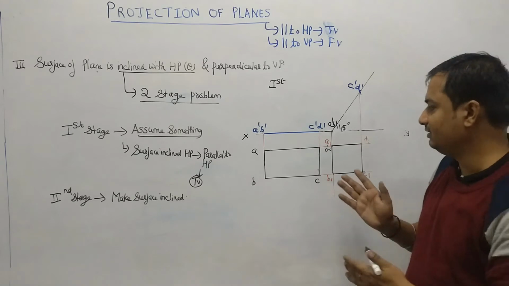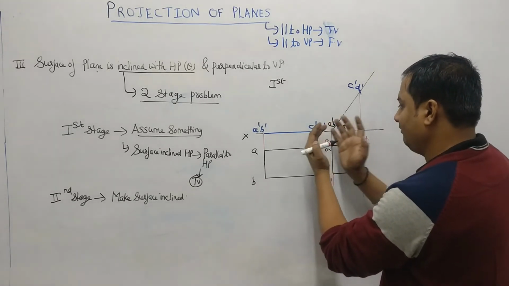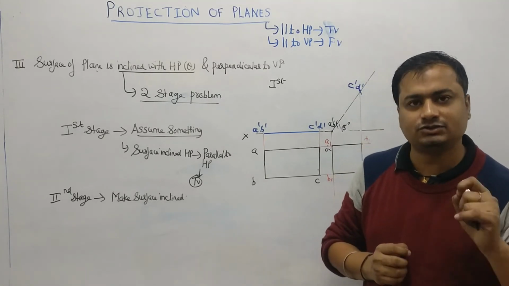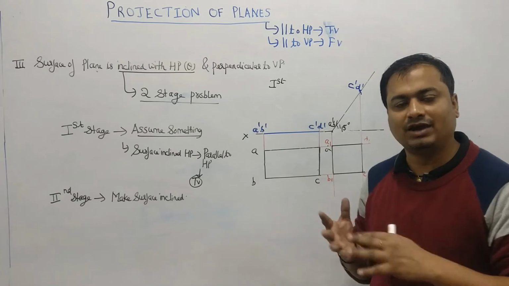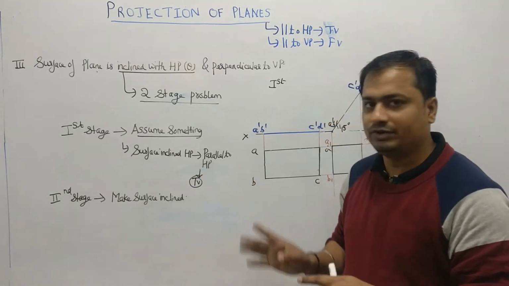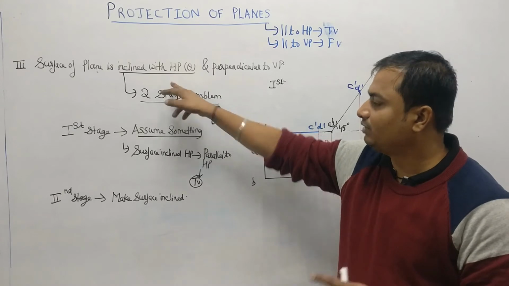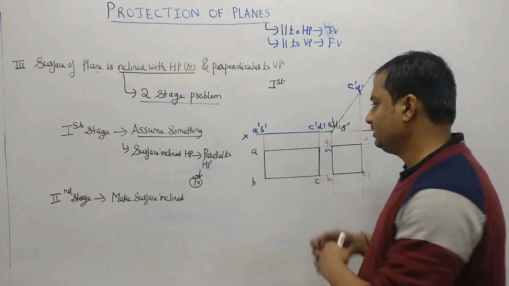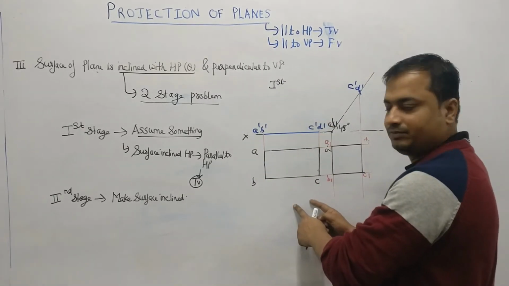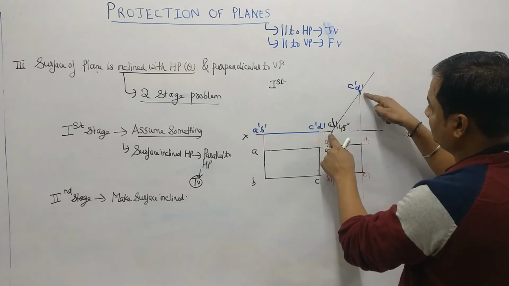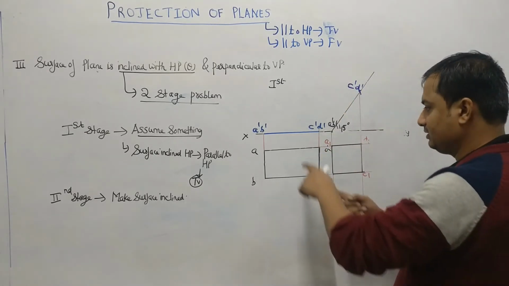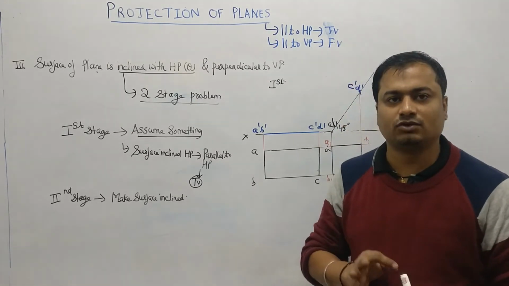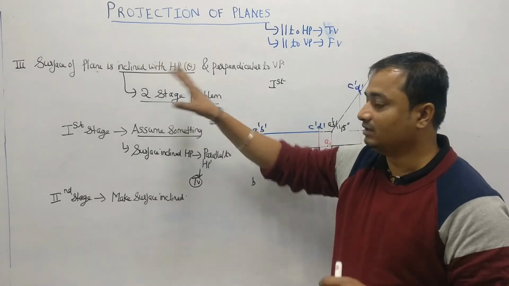So how have we done this? Actually our aim was to obtain this, but we have first plotted this. This is a common step to solve any problem of projection of plane. First you have to assume it: you have to make the surface parallel to HP. If your surface is inclined with the HP, you have to make the surface parallel to HP. Then start with the top view, then project the front view. This is the assumption of the first stage. Then make the surface inclined with theta. Then project the vertical projectors and the locus. Automatically you will get the final top view. In this way you have to solve each and every problem based on inclined to the HP.